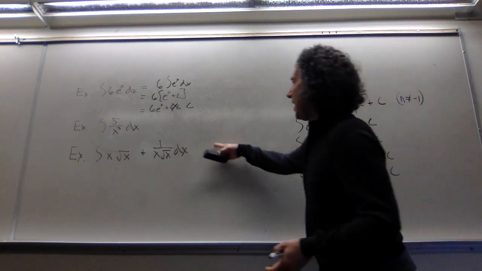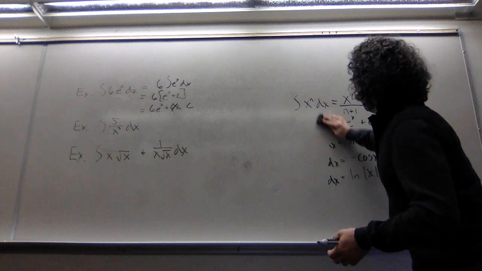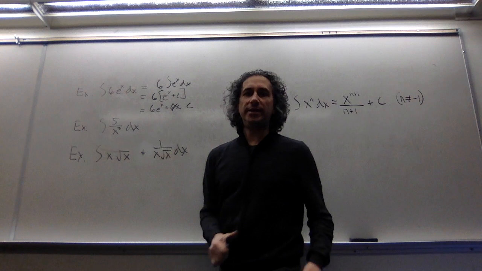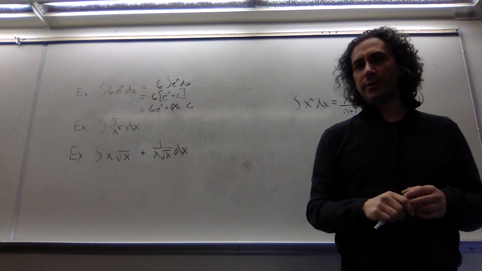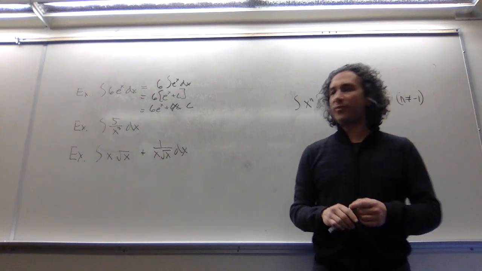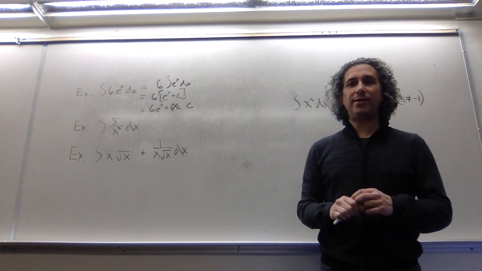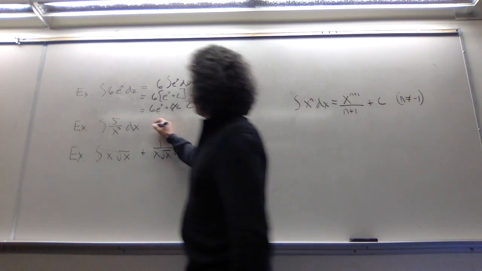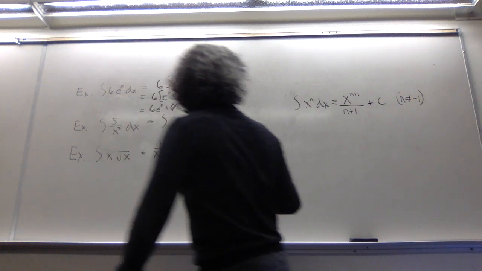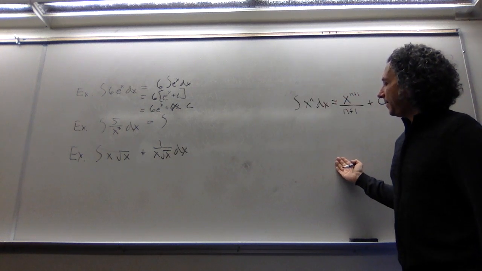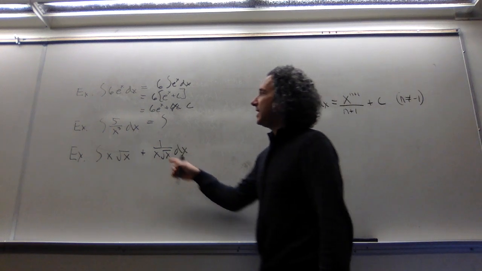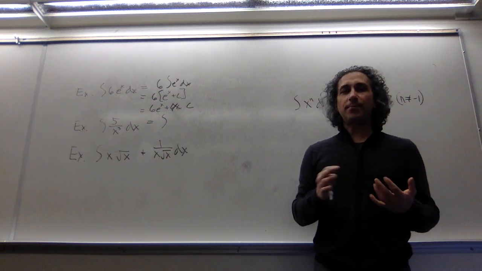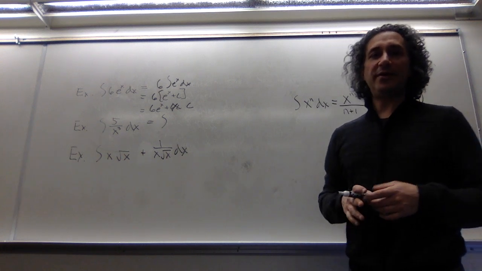All right, so let me go through this now. I actually just need this one, and we'll see why in a second. Well, first off, this looks like a quotient. We actually don't have a quotient rule yet. You had a quotient rule with differentiation, and actually it turns out we will never have a quotient rule with integration. However, we do have this reverse power rule. So one powerful thing about mathematics is our ability to transform tougher problems into problems that we actually know how to solve with a little bit of manipulation.